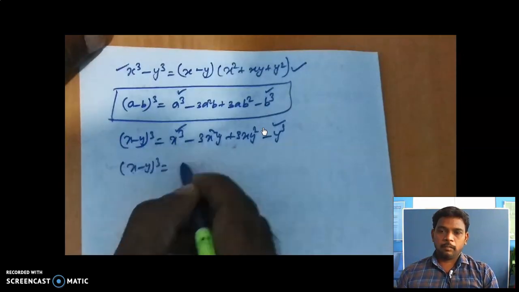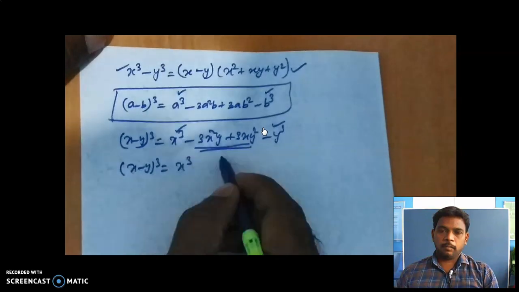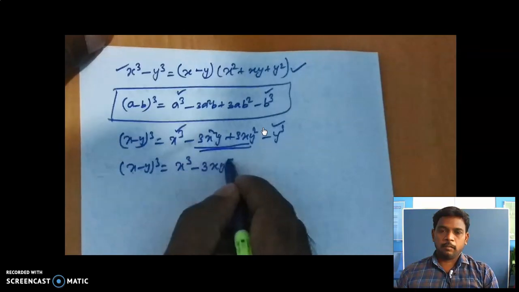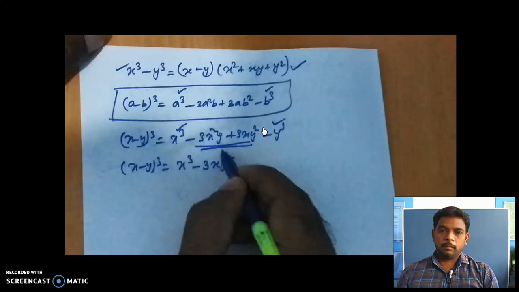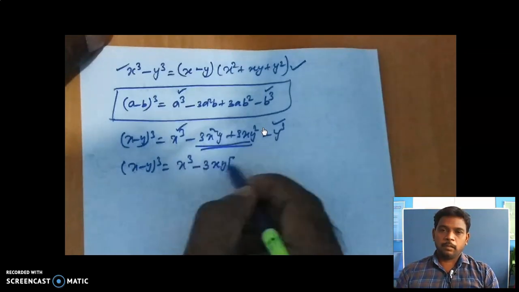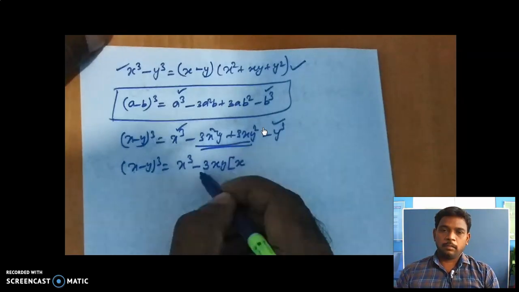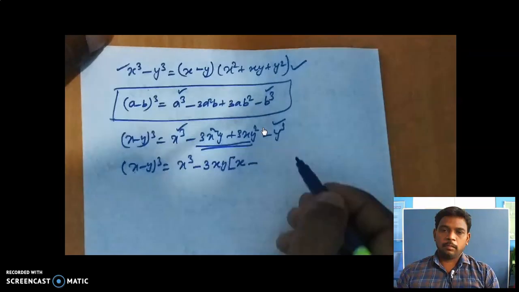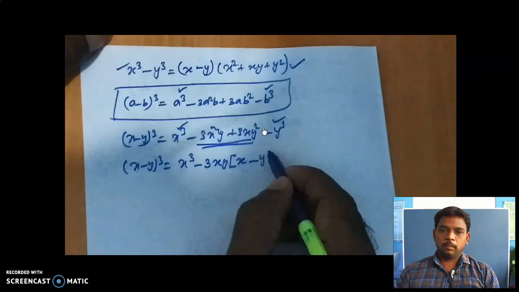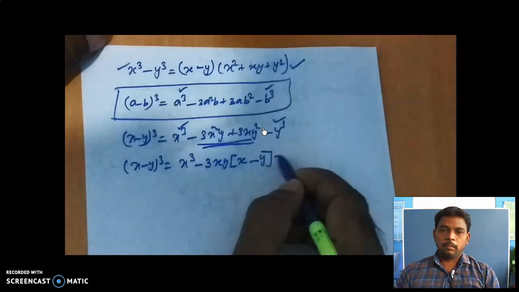That is x cube. So out of these two terms, which are common here? Take minus common, and 3 also common, and the x and y also common. What are the remaining terms here? So 3 already I took, and out of x square I took one x, so the remaining x is there. Y already taken here, and plus is there. I took minus as a common one, therefore we have to change the sign here. And then here 3xy already I took out of the bracket and only one y is there, right? Minus this y cube.